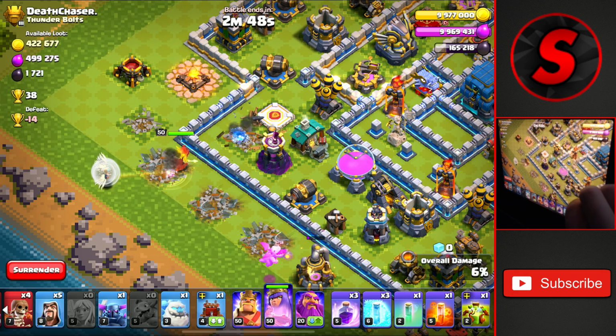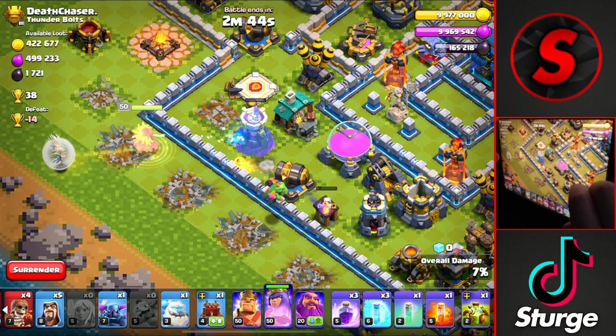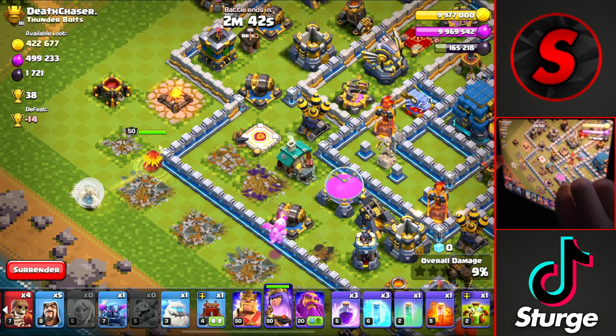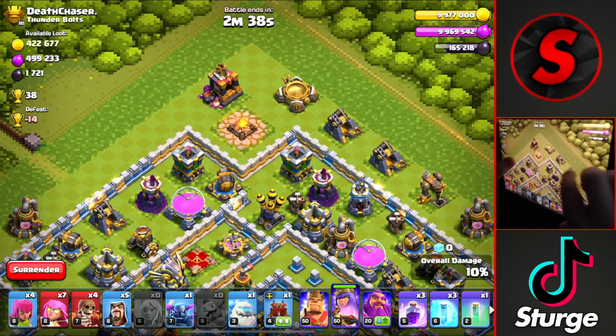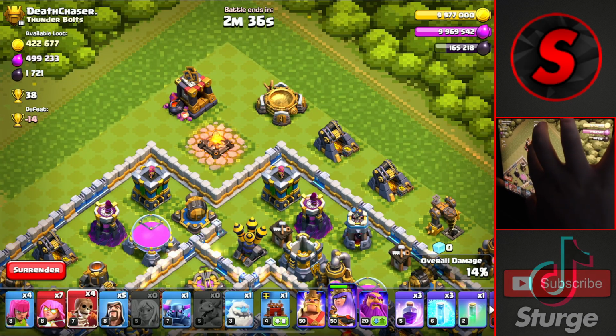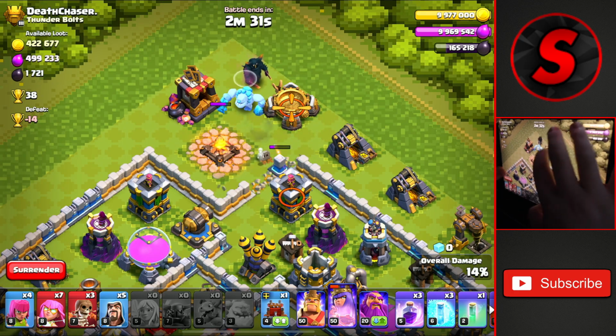So we'll see here after a few buildings if she does make her way down towards the bottom. We have the Baby Dragon taking down a couple of buildings here. It looks like she has gone up towards the top of the base, which is good. So we can head up here and drop the Wall Breaker first to open the wall, and then we'll drop the Ice Golem, P.E.K.K.A,